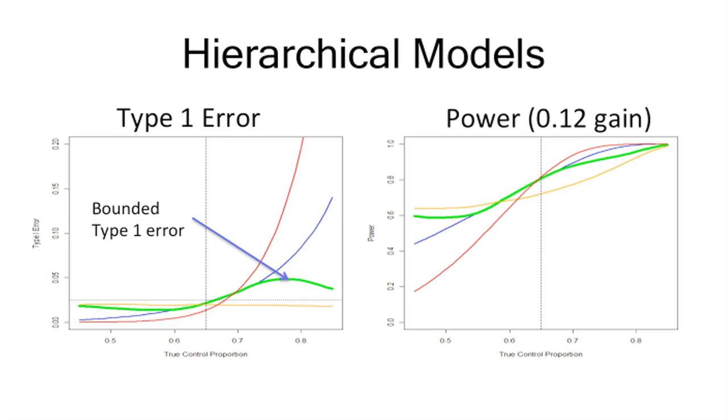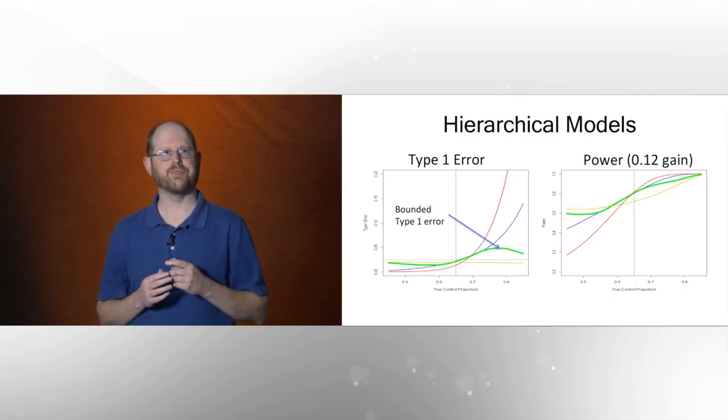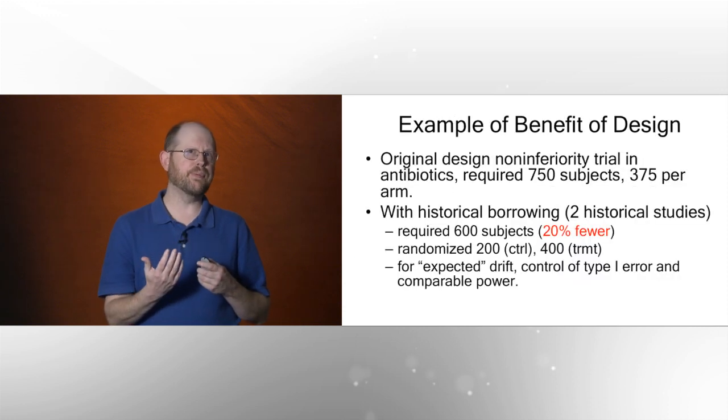So that 20% savings on subjects, you get this with the dynamic borrowing. So as long as things are going well. Now if you get a lot of drift, then you're going to have to increase the sample size. But if the drift is what you anticipate, you get the benefits. You keep those with dynamic borrowing, even compared to static. So an example here,